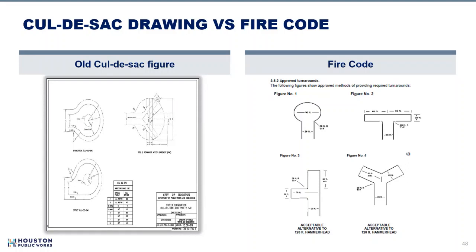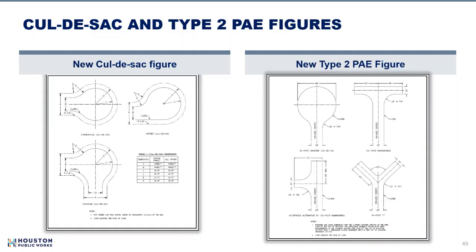And in addition, the cul-de-sac diameter did not meet the fire code, was a little bit less than the fire code. So all sorts of bells and whistles going off when we looked at this figure. We spent a lot of time discussing it internally between OCE, fire department, and standards group, working this out. And so now you'll see a much cleaner figure